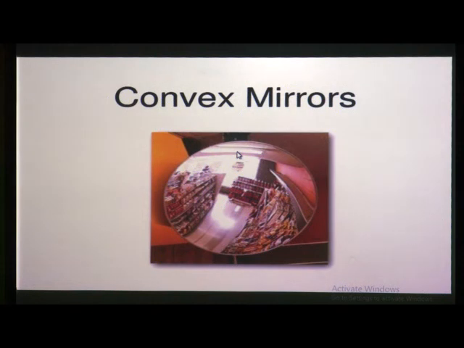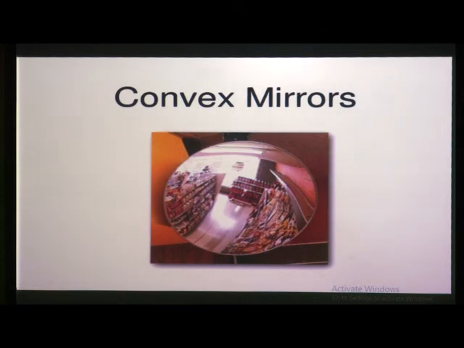Then you will see these types of mirrors. Which one? The mirror which is placed in shops is a convex mirror. It is placed there for the security of the shop. We saw that this mirror is placed to know whether any customer is going to take something from the shop. That is why these types of convex mirrors are placed in shops for security.